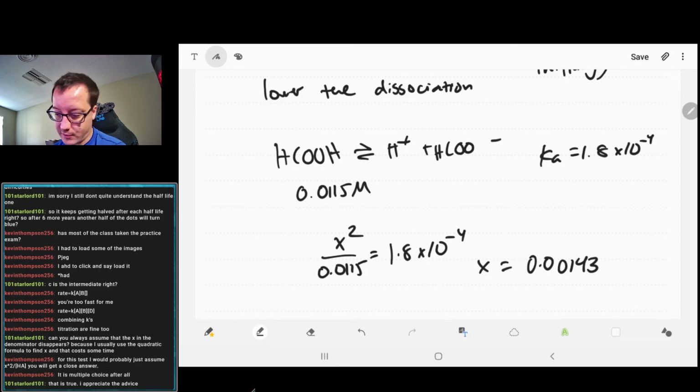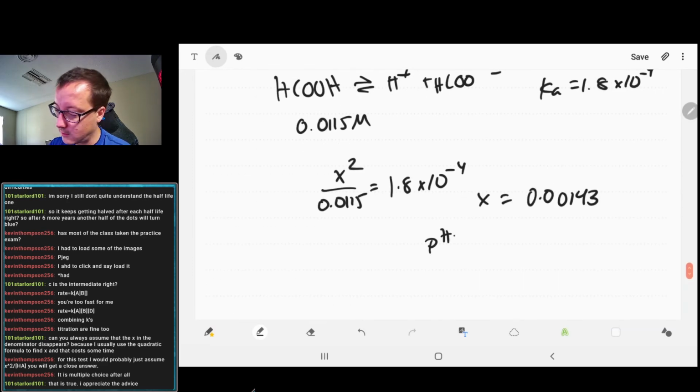That looks to be like 10%, but whatever. Let's just see what we get. Let's try negative log of that thing. We get pH equals 2.84. And lo and behold, that's the answer. So,